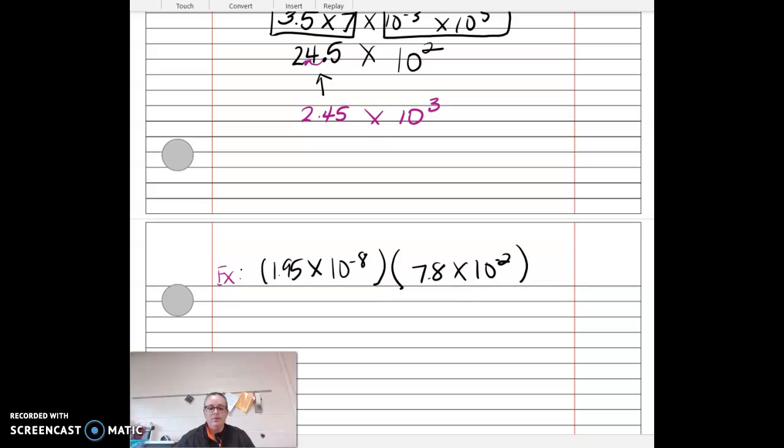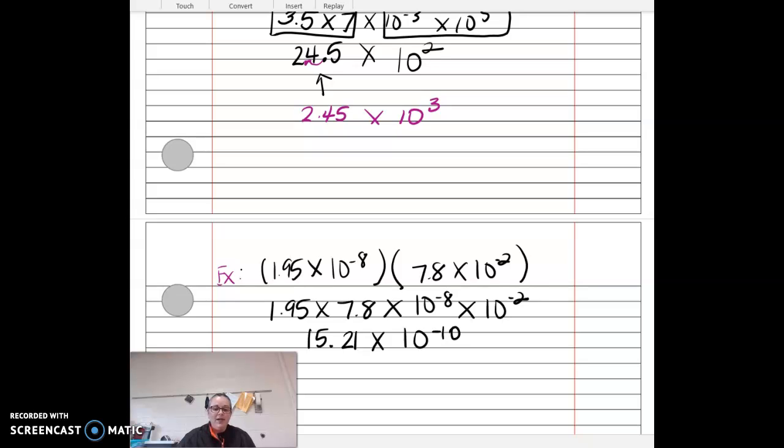So what you're going to do is rearrange the order, multiply the a's, and then multiply your exponents. So we have 1.95 times 7.8 times the 10 to the negative 8 times the 10 to the negative 2. When you multiply 1.95 times 7.8, I think you end up getting 15.21 times 10 to the, when you take negative 8 plus a negative 2, you get to the negative 10th